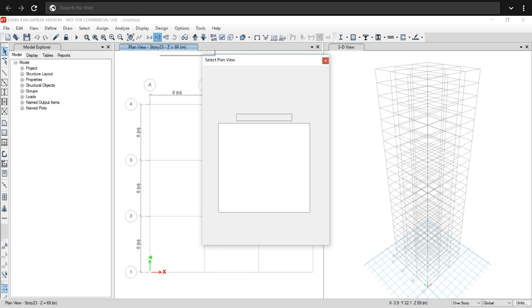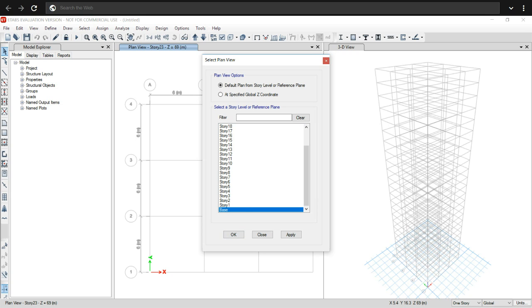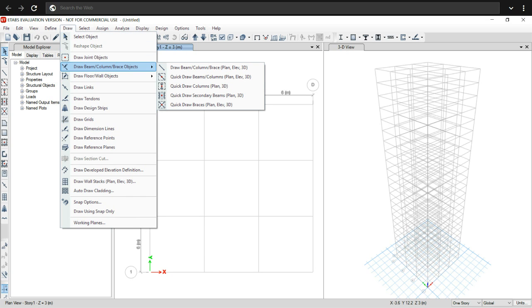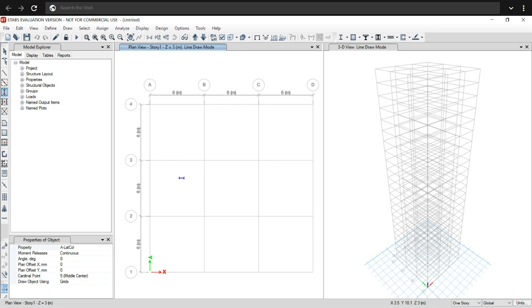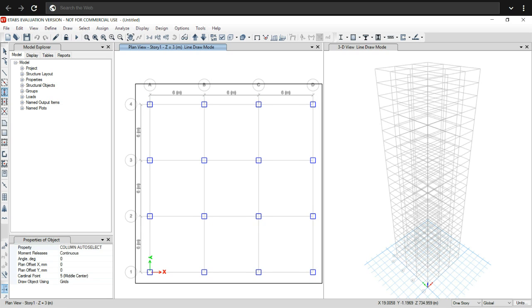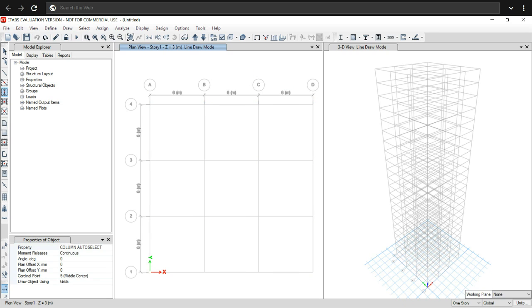Now go to story 1, then OK, then go to Draw Beam, Column, Quick Draw Column, then change its property to column auto select, and select that column and draw, and choose the similar story option because our story is similar till 8.